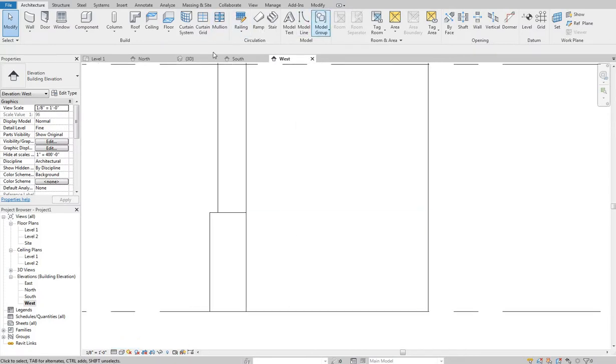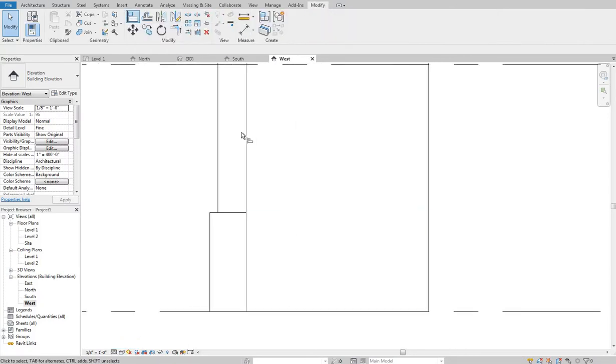And I'm going to go to Modify, and I'm going to go to Align. And I'm going to say, okay, the inside of that wall and the inside of that wall I want to be aligned. Now as soon as I click that, you'll notice this lock occurs. I'm going to lock that, which basically sets a parameter that says this face will always be in line with